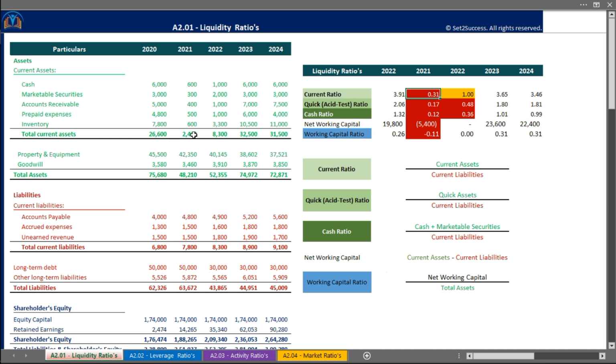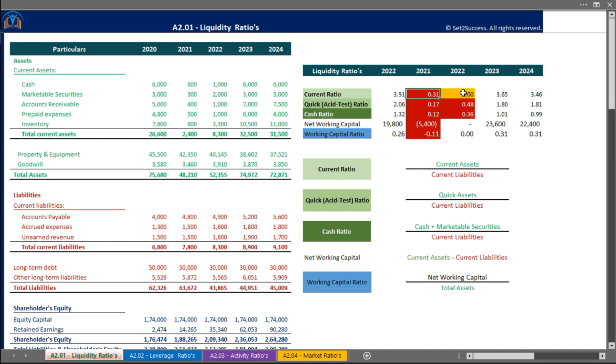So your total current assets are 2,400, but your total current liabilities are 7,800. This means you are not going to pay your current liabilities. So 0.31 of your current liabilities you can pay, but you are not going to pay